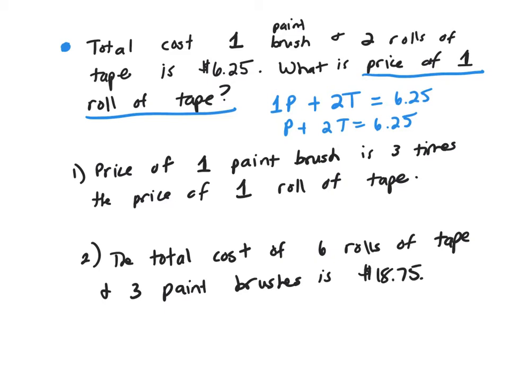Let's look at clue 1. The price of one paintbrush is P equals 3 times the price of one roll of tape. So 3 times T. Well, that clue works because we have this equation. We can use this equation all the time because that was in the given information. And if you take 3T,